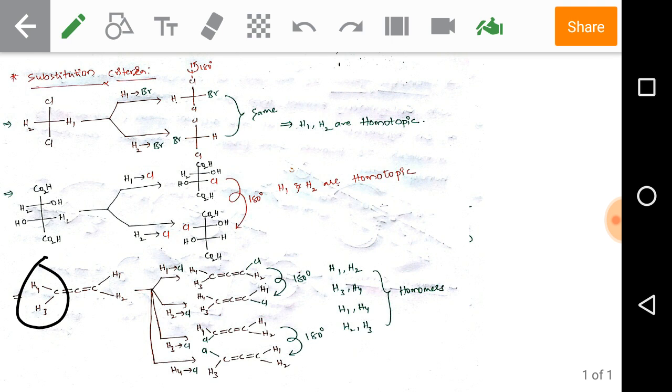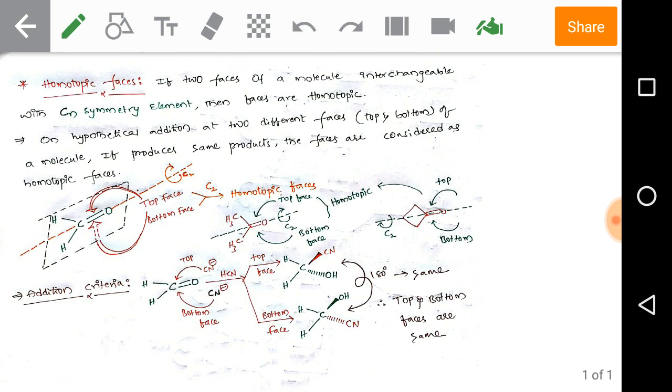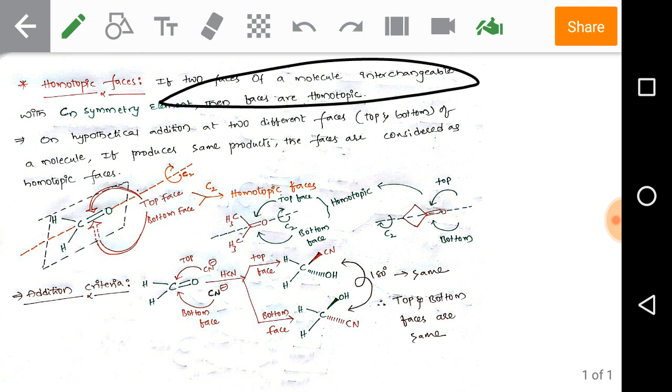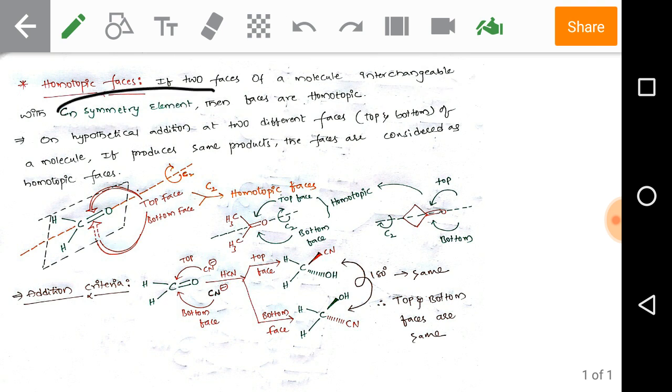They are homotopic hydrogens. Okay, right. Now check homotopic faces. If two faces of a molecule are interchangeable with proper axis of symmetry element, then the faces are homotopic. Okay, what are homotopic faces? If two faces of a molecule are interchangeable with principal axis of symmetry element, then the faces are called as homotopic